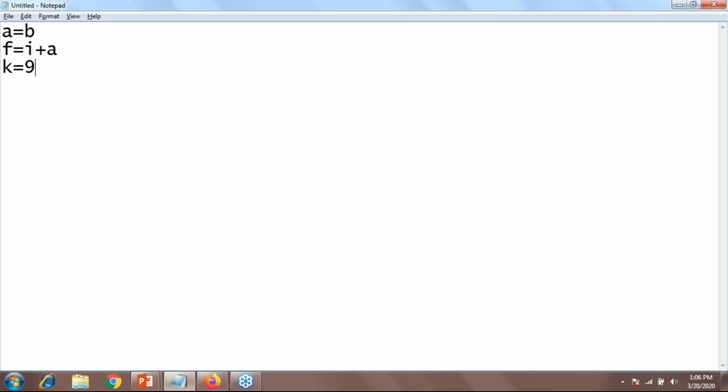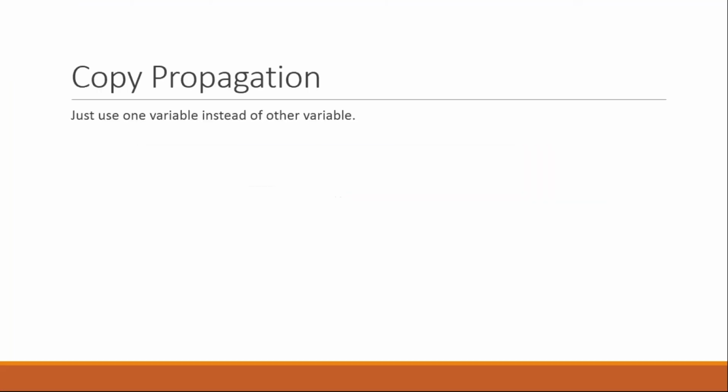If I simply assign I plus B, then I can also directly access the B variable. Why? Because I will not do any further operations with my A, right? So if I replace my A with B and remove this A equals B, then I can directly run the same code without any hurdle, right? So, an example.